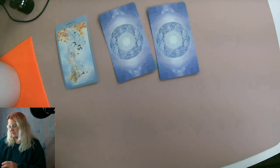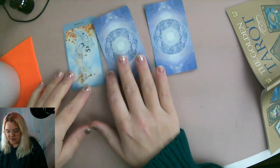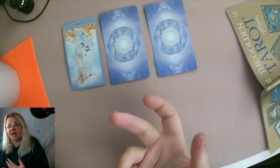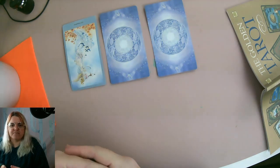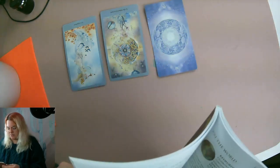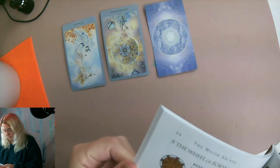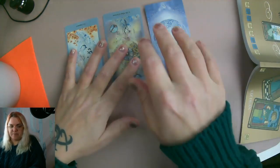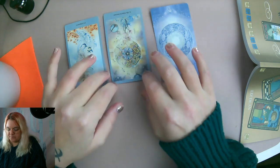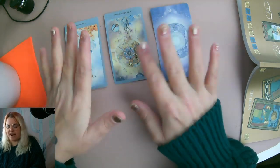So, basically what this is saying is that at the moment with your fan fiction writing career, in the past you've had to get over a fear of rejection or a fear of being judged when you put stuff up, but you've managed to overcome this by putting stuff up, and I really enjoy your writings, by the way. So in the present, we've got Reversed Wheel of Fortune. So it's saying that in the present, towards getting your situations in order, you won't really have much of an ability to influence how popular